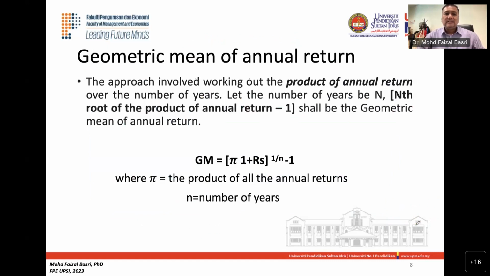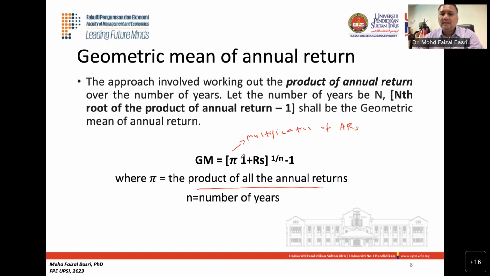So the alternative average that we can use is the geometric mean. Okay, the geometric mean. So the formula for the geometric mean is the product of all returns. When we say product, it means the multiplication of your annual returns. So again, if you have 4 years of returns, just like the previous example, you multiply everything,